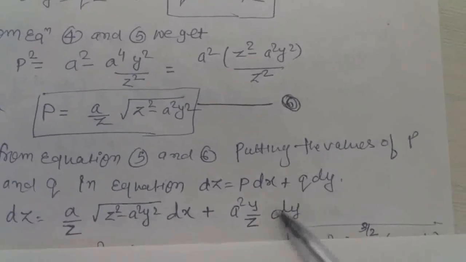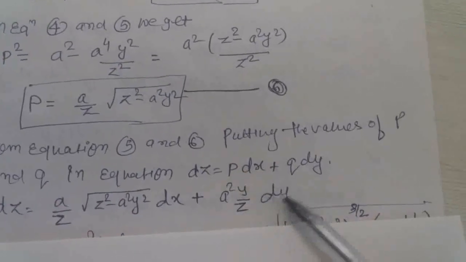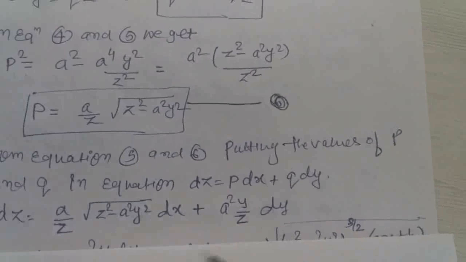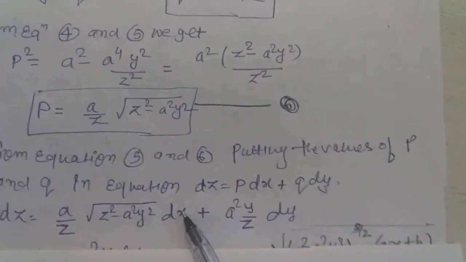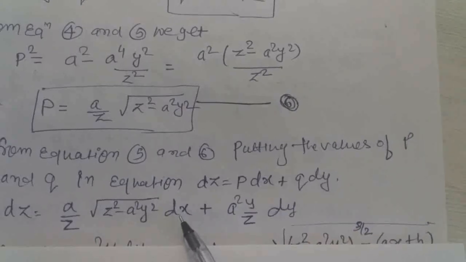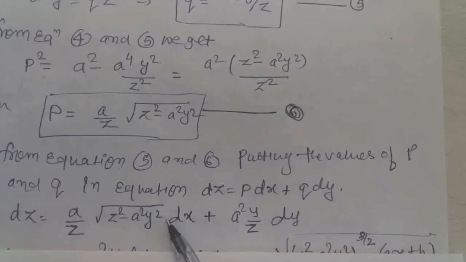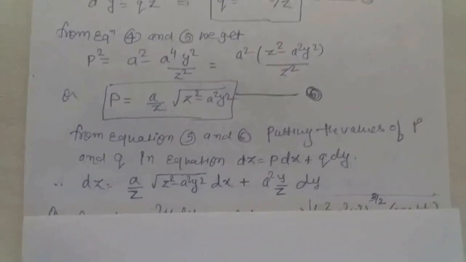So the parameter of integration is dy, that is we are going to integrate this expression with respect to y, but there is a variable z. In this expression the parameter of integration is dx, that is we are going to integrate this expression with respect to x, but we have the variables z and y also. So first we have to separate the variables.